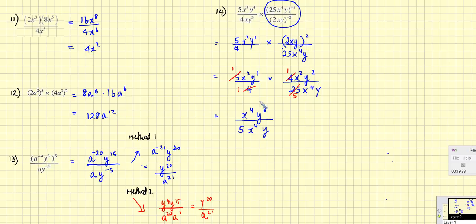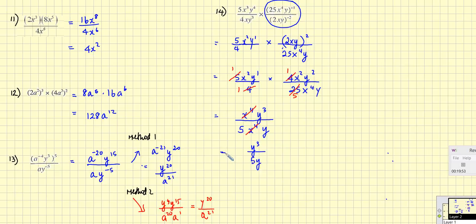Now, the x to the 4th in the numerator and the x to the 4th in the denominator cancel themselves out. So it's like saying 2 over 2 or 5 over 5 or x over x. So we cancel those out, and all I'm left with at this point is y cubed over 5y,